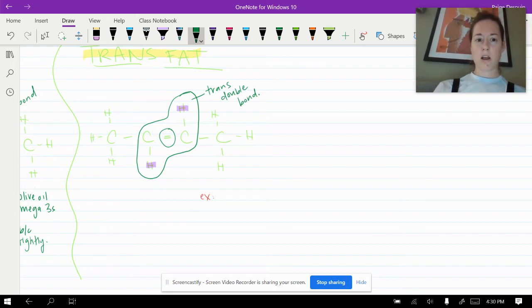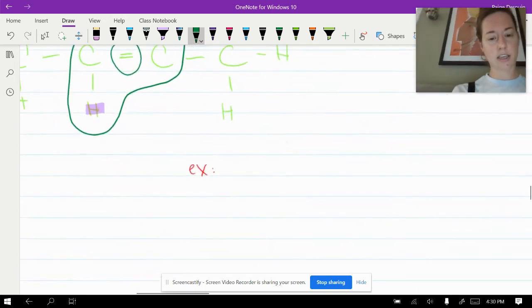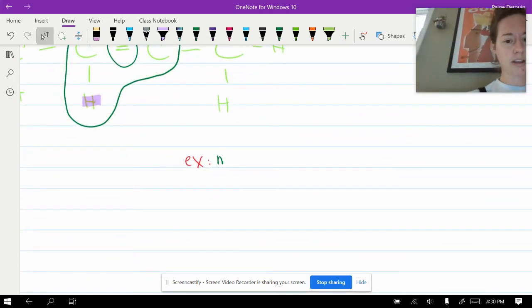So a lot of things now will actually be labeled as trans fat free or no trans fats because people have started to figure out that they're not super good for you, but they're still out there. So examples of trans fats, things that are like margarine,